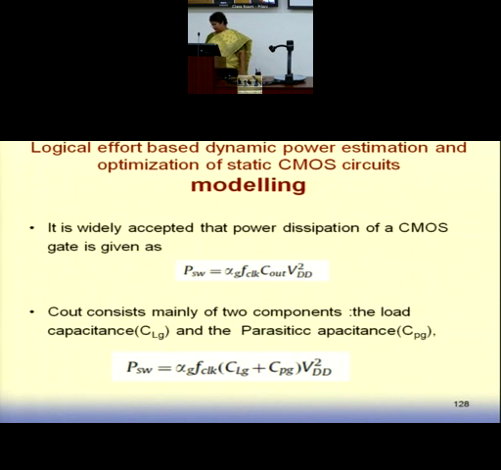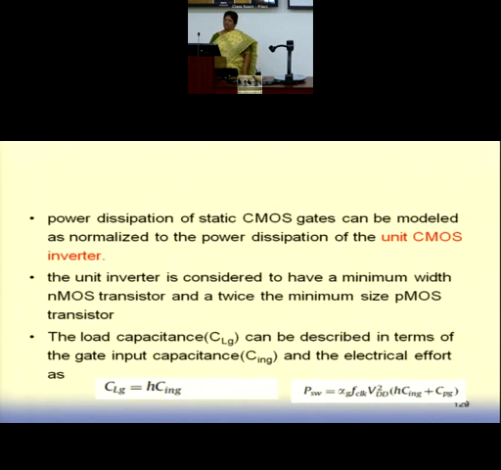Okay, once I have got this switching or dynamic power consumption, now I use my normal equation for electrical effort, where C load by C input of the gate is my electrical effort. So wherever you have a C load, I replace it with H times C input. The unit size or standard inverter that I am choosing is again designed in the ratio of mobility. Say mobility is 2, so 2 is to 1. I am designing my standard CMOS inverter in the ratio of 2 is to 1, or whatever mobility ratio you have.